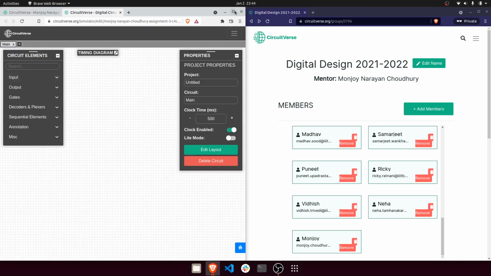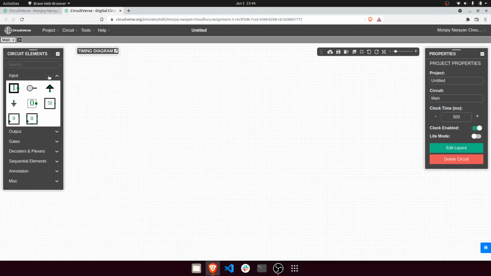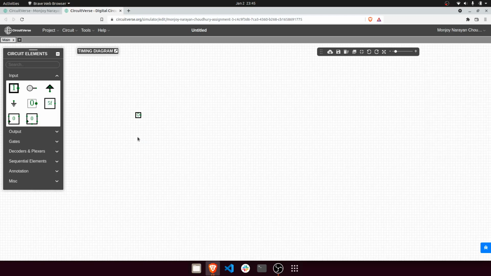Cool. So now we are here in Circuitverse. So I want to create a circuit here. Here there are different circuit elements. Go through the documentation present in Circuitverse. It's a pretty good documentation. You have different kinds of inputs. This is a simple bit input, 0 1, bit changing. This is a button switch, which is basically you have to press the button, and you can remove it by simply hitting it and hitting delete on your keyboard.